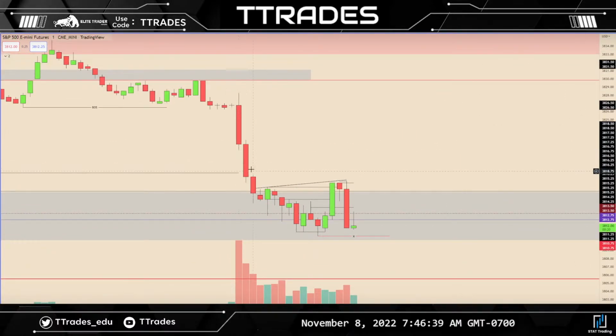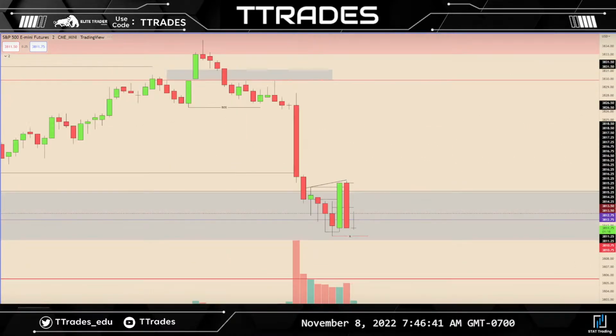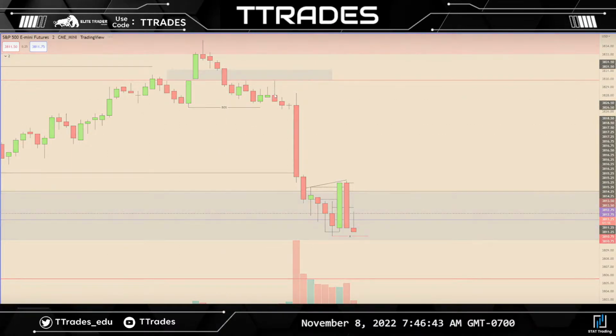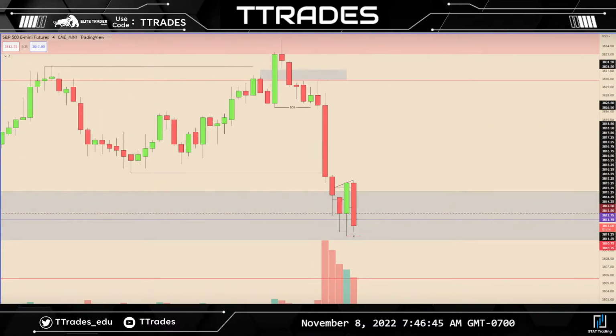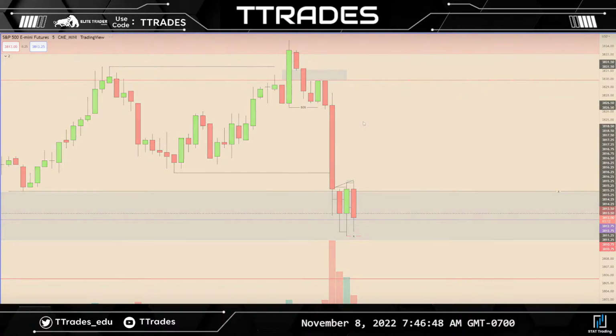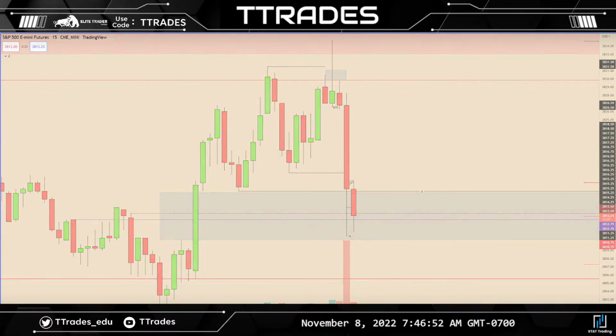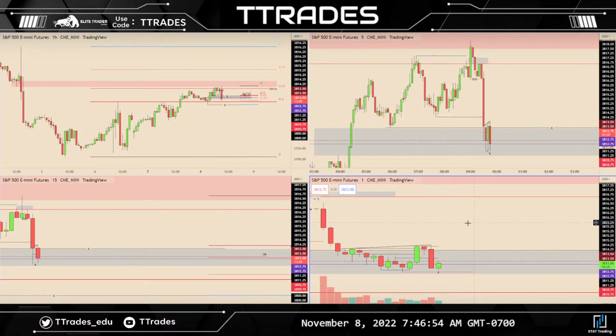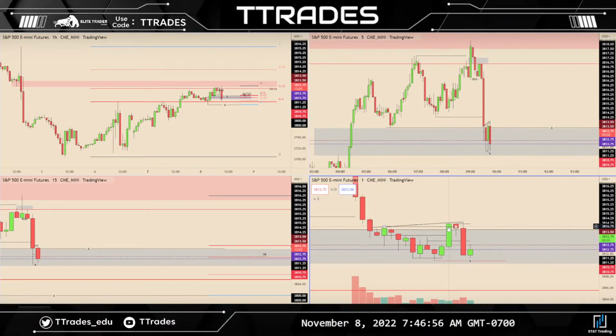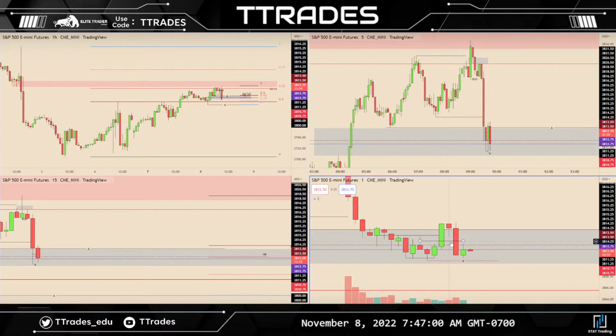So perfect example here, 1 minute has multiple fair value gaps. That's a single one on a 2 minute, single one on a 3 minute, right? So basically higher time frames, right? You can see how multiple fair value gaps just add. We'll hop out of the lower time frames here because I basically showed you what I wanted to show down here. We'll leave that one